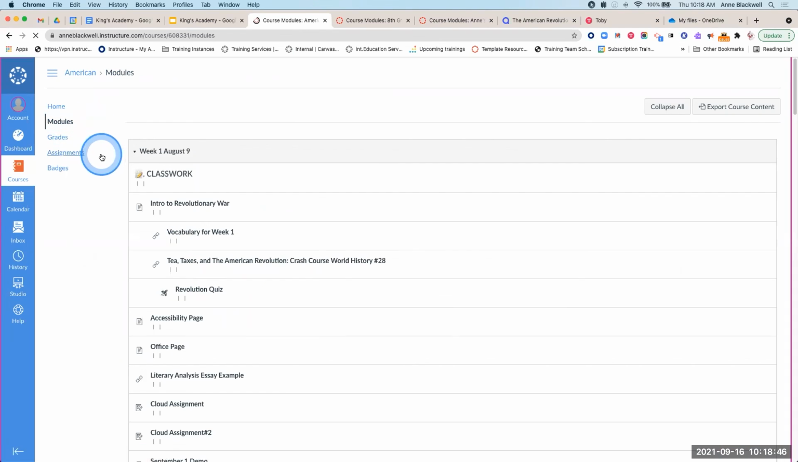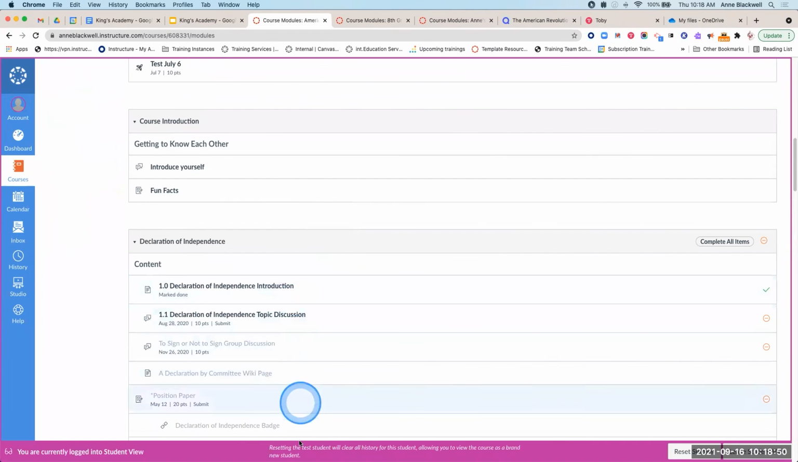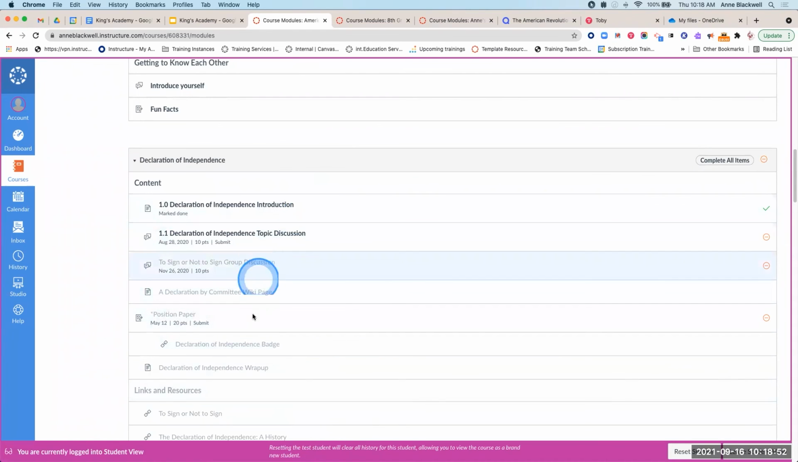All right, so it does control that flow through the module so you can have students go through the order you want them to go through, submitting, etc. All right,